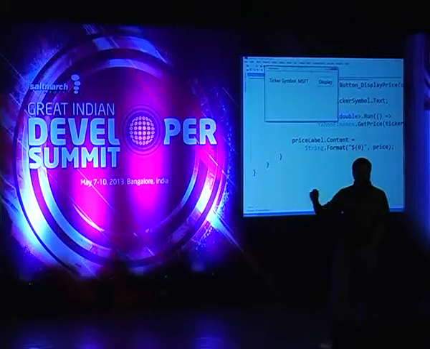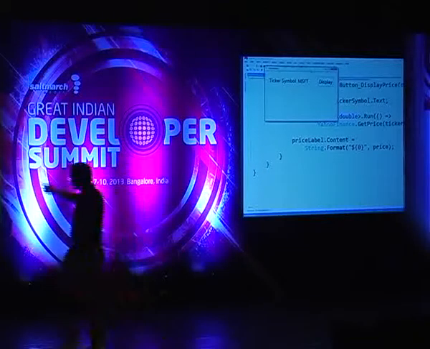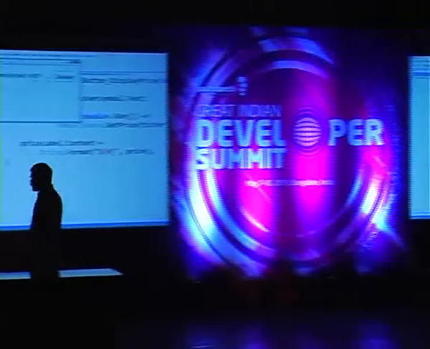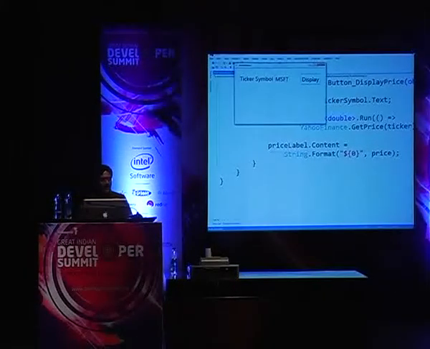So this has sent the request. It's running in a separate thread. The application is responsive. And then when the response comes back, it's going to update the content right here. And this part of the code, as you see here, is going to run in the UI thread. The request itself is running in a separate thread at this moment, and then the response is going to come back for us, and then we can get the display of the result.